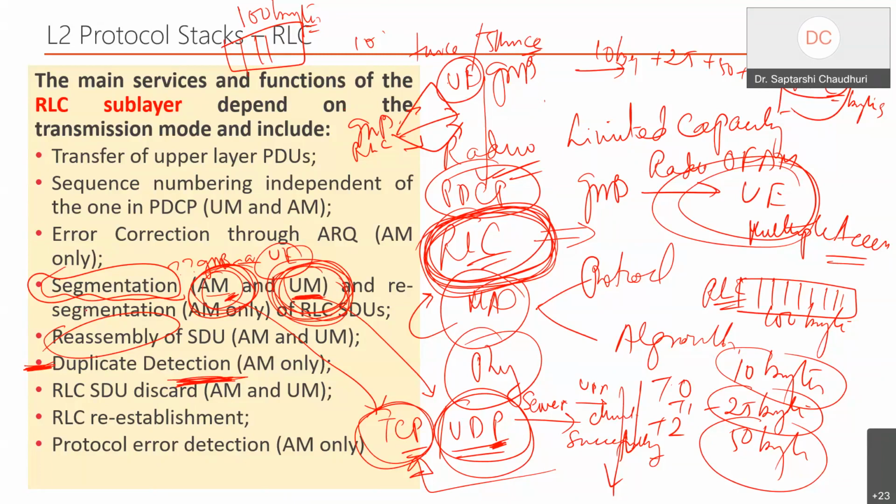This is where in wireless we do the sequence numbering, and we ensure that the sequence has been maintained. Like we give sequence number 1 to this 100 bytes, another sequence 2, sequence 3, like this we can do the sequencing. The sequence number is matched on either side, because if the mobile sends, the sequencing will be matched and duplicate detection will happen at the base station, and vice versa. If the base station sends the sequenced packet, the duplicate detection will be maintained by the RLC of the device itself. This is important because finally it's a single packet with respect to the IP domain.